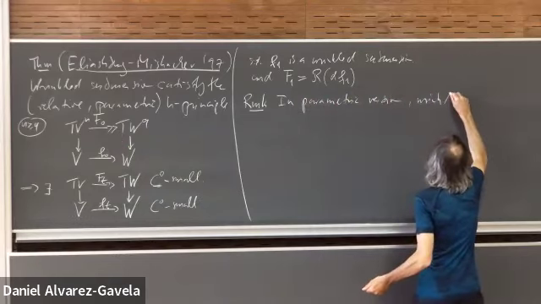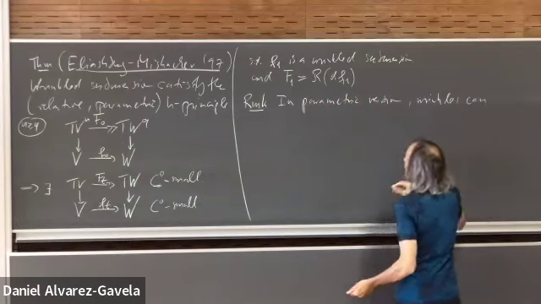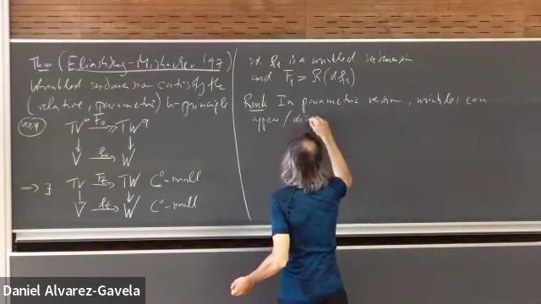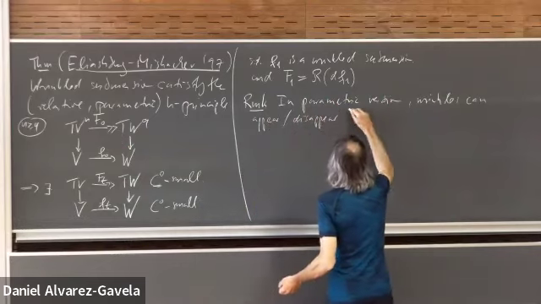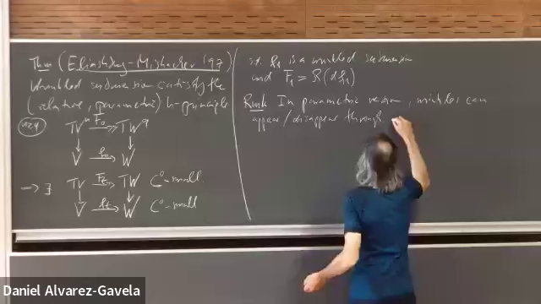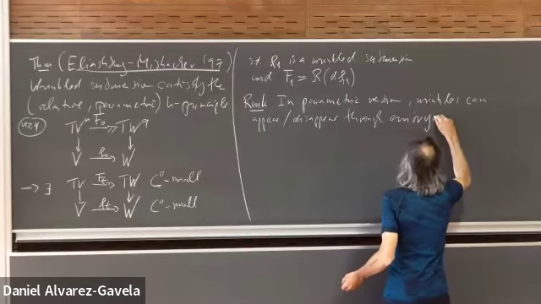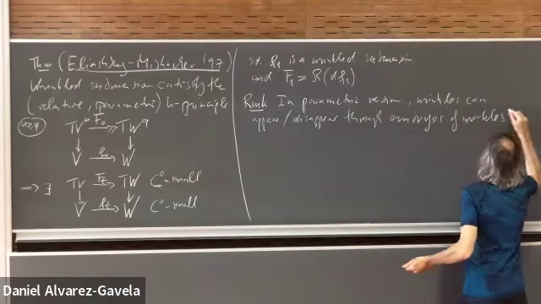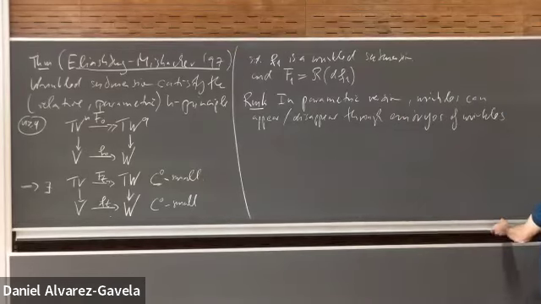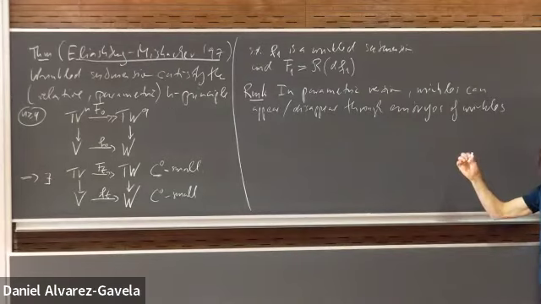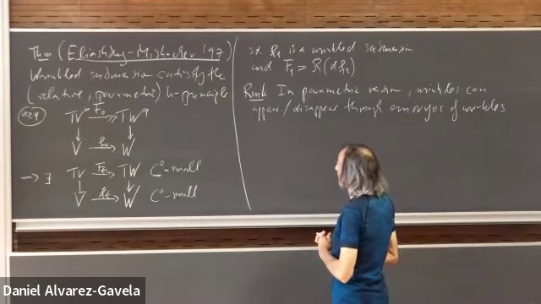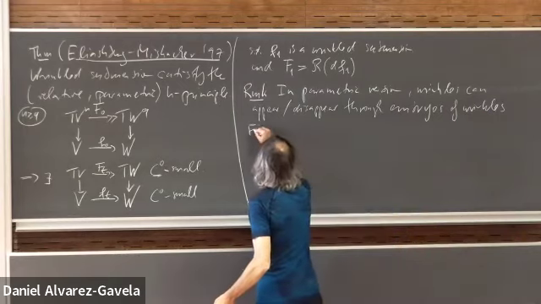So in the parametric version, wrinkles can appear or disappear through embryos of wrinkles. So there you can write the definition, which I'm not going to write, of an embryo of a wrinkle. And so the wrinkles can shrink and then they disappear through an embryo of a wrinkle. So this has the effect that in the parametric version,